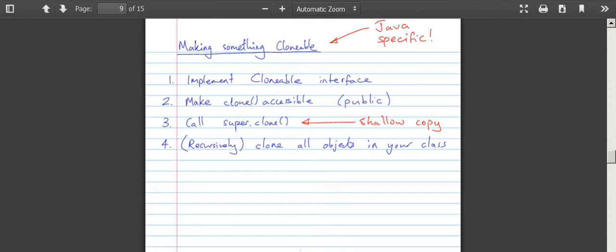So what we do is, to make this clone, you override that method in the class which you want to make cloneable, and make it accessible by making it public. You can increase the scope but you can't decrease it, so you increase it so that whoever wants to make a clone can access it. Because some other class will want to make a clone of this class, this class first has to implement the Cloneable interface, then make the clone accessible, and you override this clone method which is actually inherited from the Object class, and then